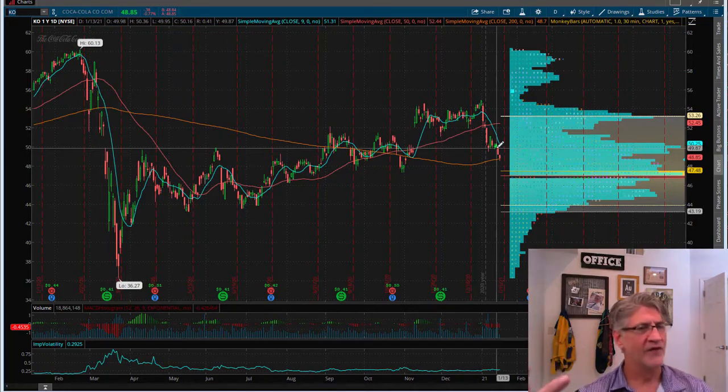I'm out of it though. If we find a little bit of bottom and I can recapture some of this move to the upside, I will be happy to jump into it, just like I did with Square, you guys. I mean, I missed on the first Square move. Second Square move, I took advantage of it. I'll do the same thing in Coca-Cola if I notice that we're getting a little bit of a bottom there. But that's all I've done so far today.